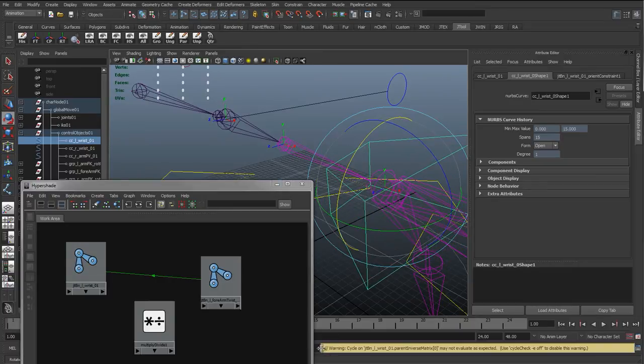So if we check the error, one thing that you want to do is whenever you get an error, just don't get annoyed. The error's there telling you what the error is, so we just want to read it, and it says cycle on joint left wrist, parent inverse matrix may not evaluate as expected. And basically what this means is whenever it says cycle, it means that a cycle's happening, and the cycle of